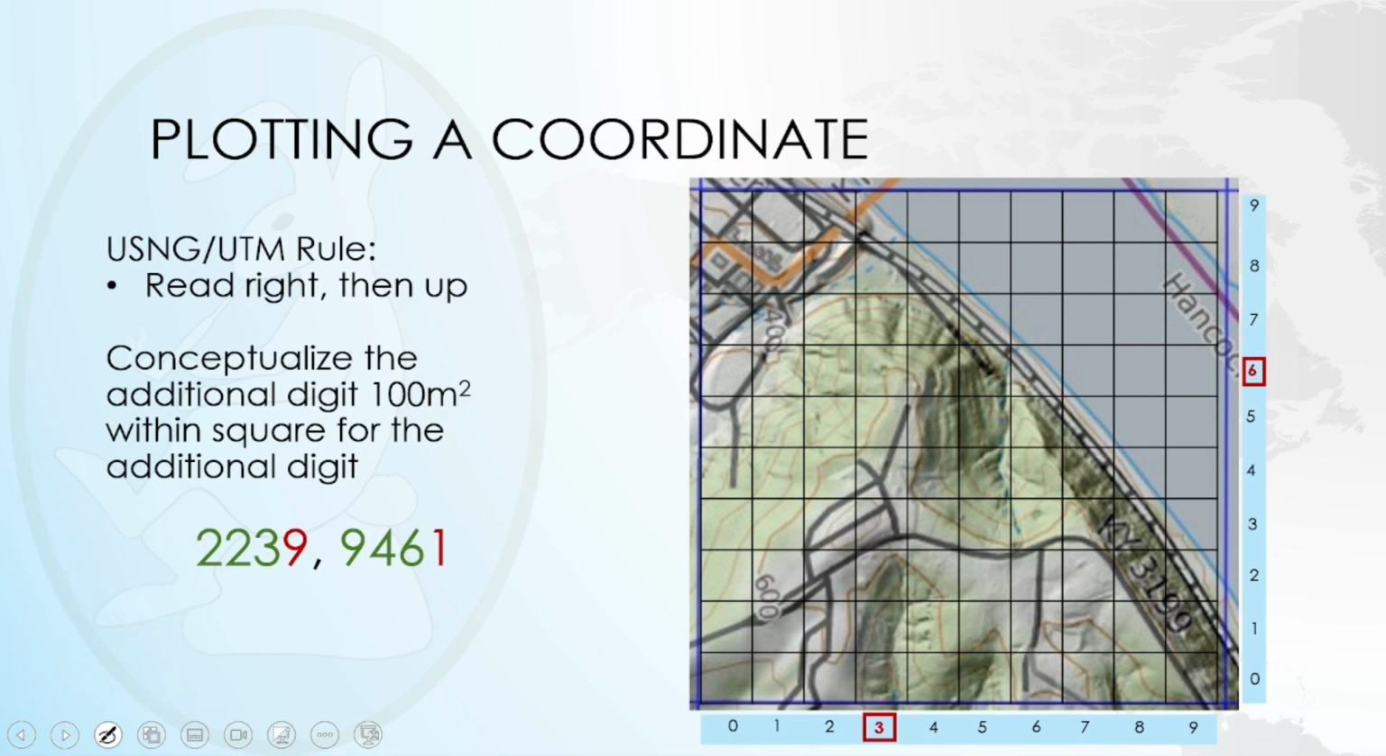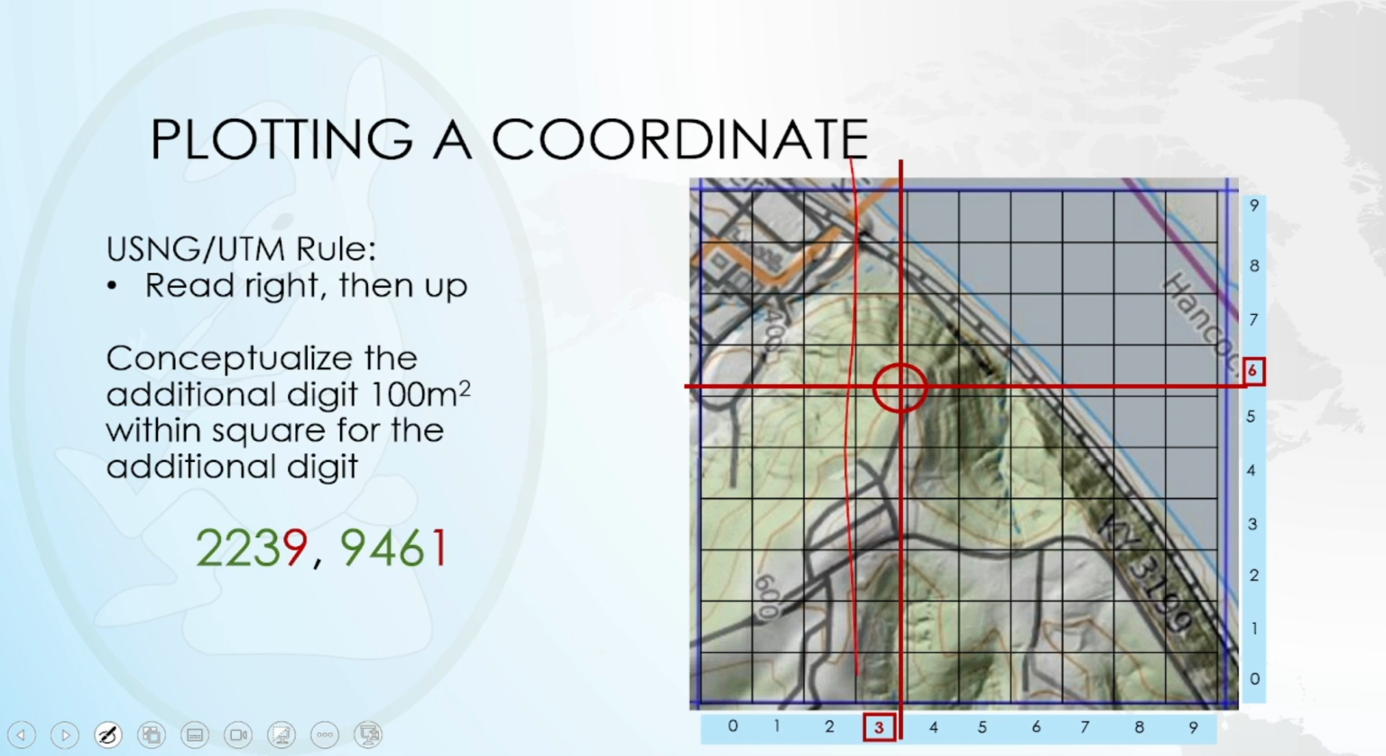But the rule is the same. That's a great thing about this coordinate system, the rule is always going to be the same. Read to the right and then read up. You're always going to start at 0 and end at 9, no matter which way you're going. Okay? So what you're doing there is we can dial that in even further, and by adding those digits, we're